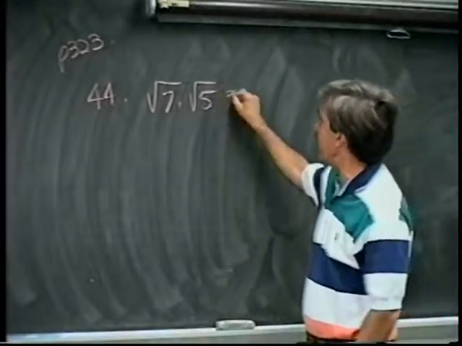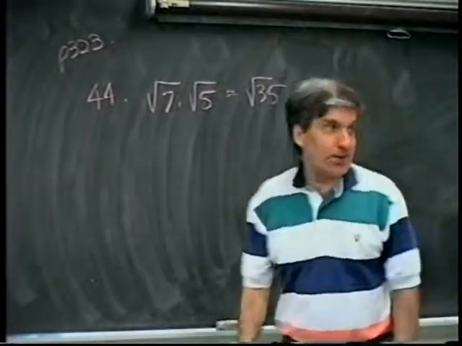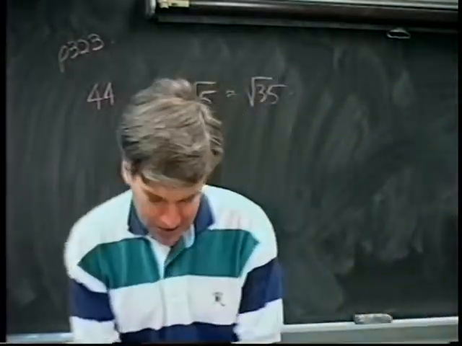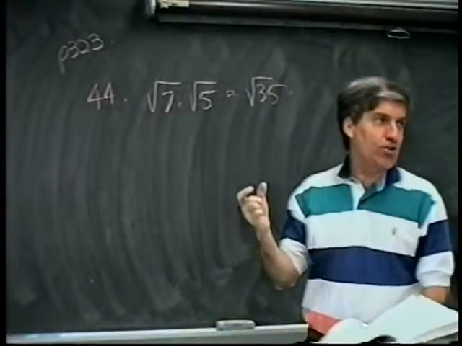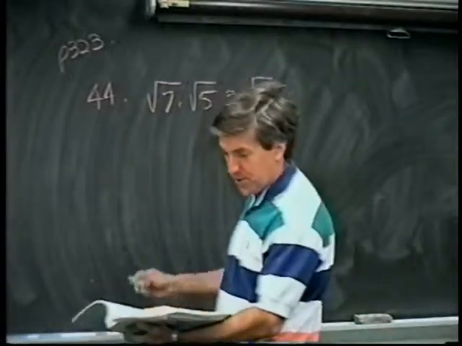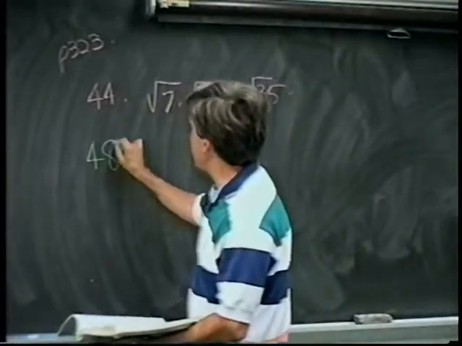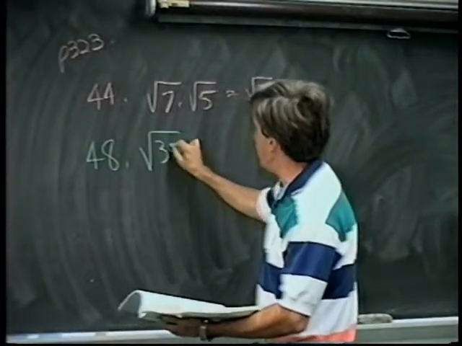What would you do with that? Square root of 35, right? Boy, that was tough. Now, but it's not going to stay like that, is it? You're probably waiting for the other shoe to fall. And it falls in problem number 48. Skip on down to number 48 where it says the square root of 35 times